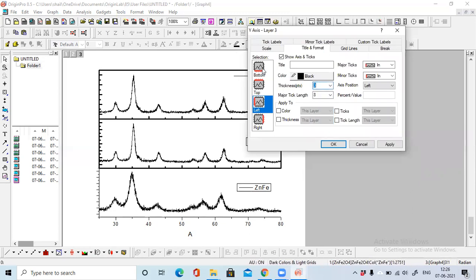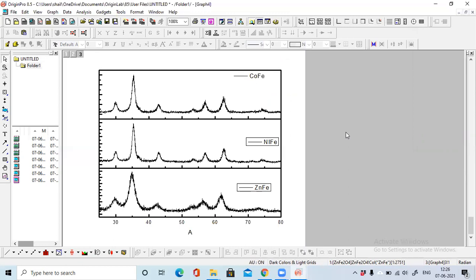I forgot to make 3 this, and this 3, and I need to show this axis now. So you have plotted this graph.